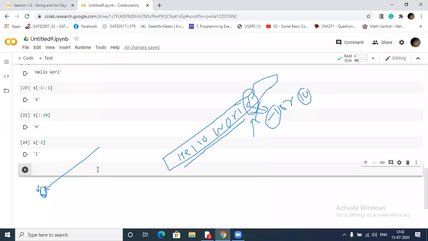Is Kaggle different from Colab? No, Kaggle is also the same. Kaggle provides its cloud services, and here Google provides its cloud services. You can do all this in the Kaggle cloud also.